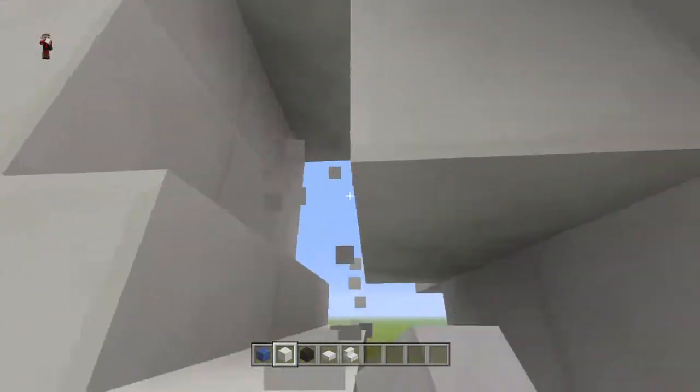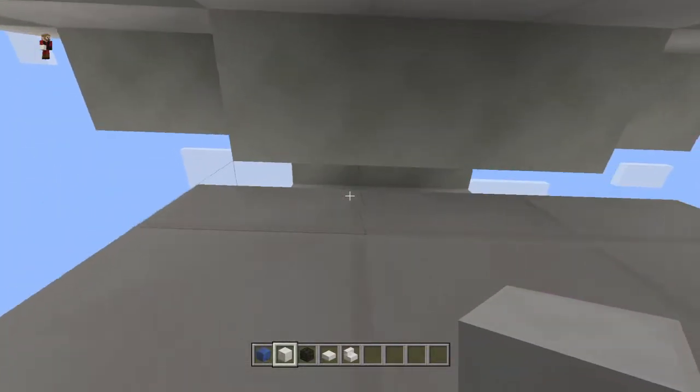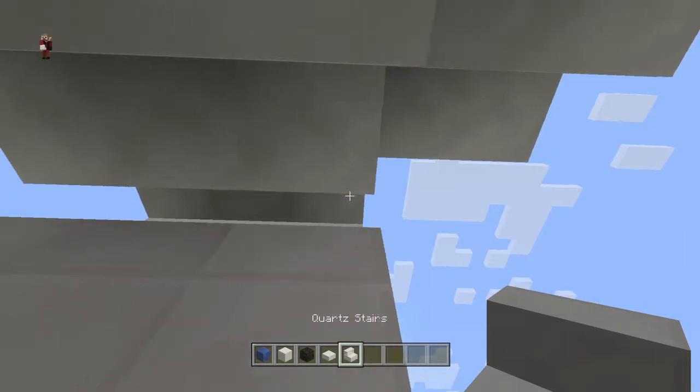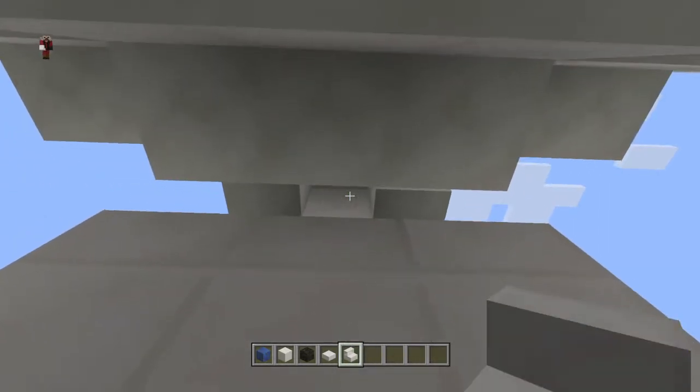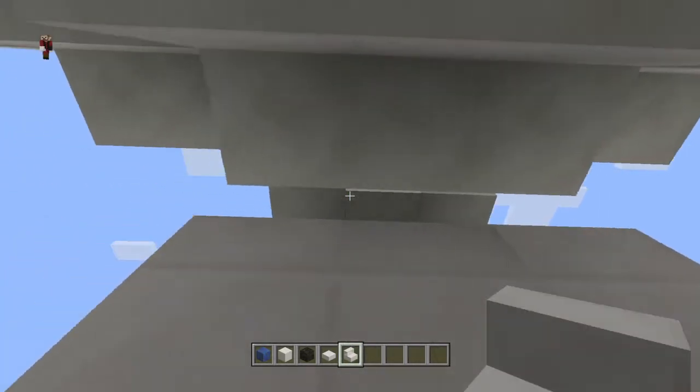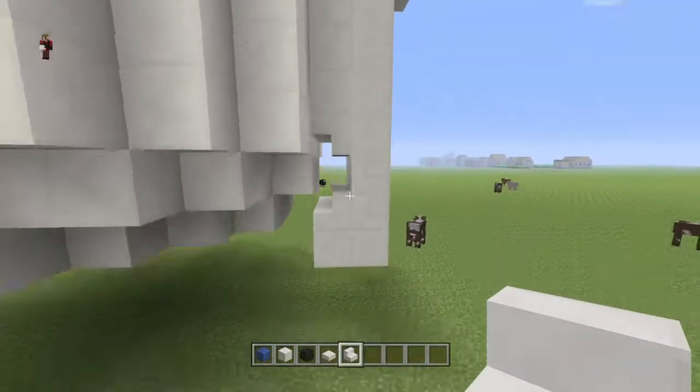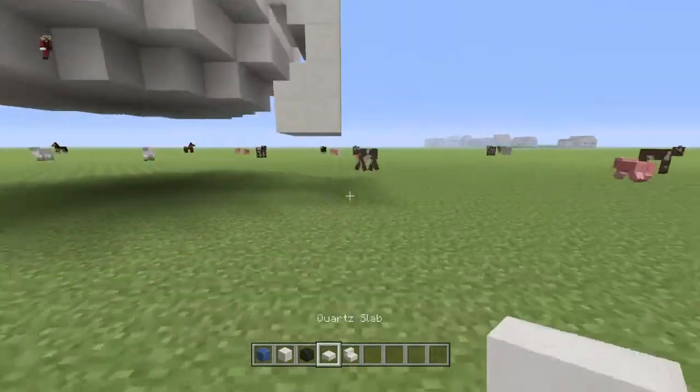One thing I could do, which I wonder if I can actually put in that gap. Yes, I should be able to. Oh, no. I need to aim further up. There we go. How does that look? Oh, that looks pretty good. That looks pretty good. Right, so now